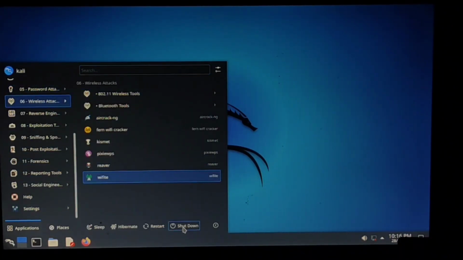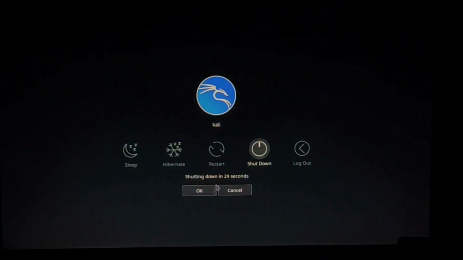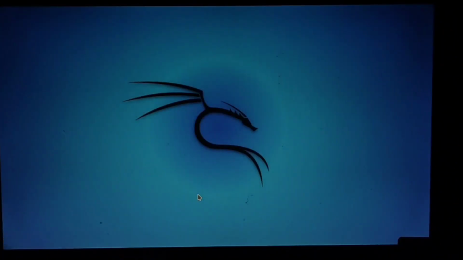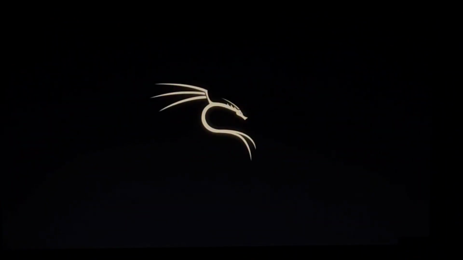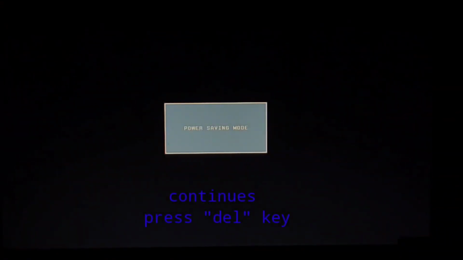To switch between the systems, use these steps. Shut down, and then start your computer again. Open the boot menu. We press the Del key.